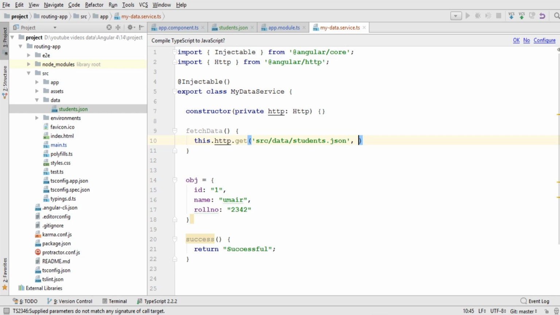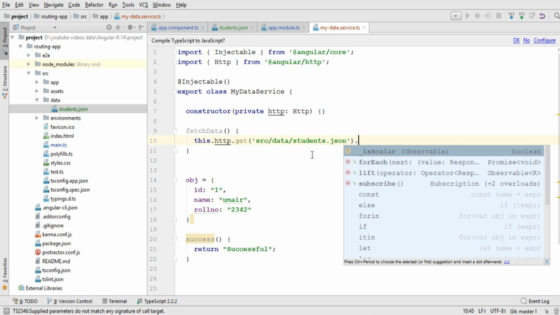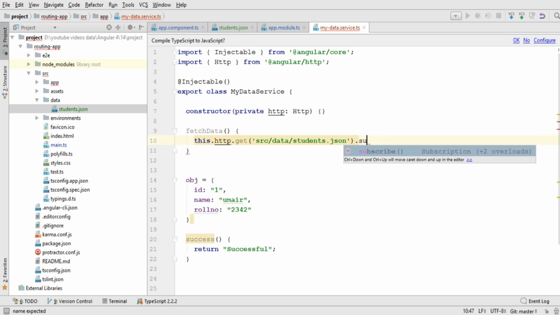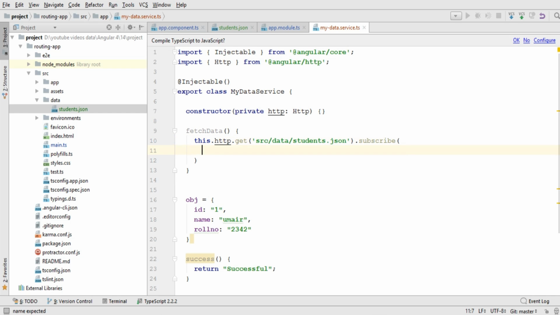Okay, and after that I need to write a function, and that is called subscribe, because once the data has been fetched, I need to subscribe with the data if I want to show it inside our view or log it in my console. So I will write subscribe, and within the subscribe I will write data